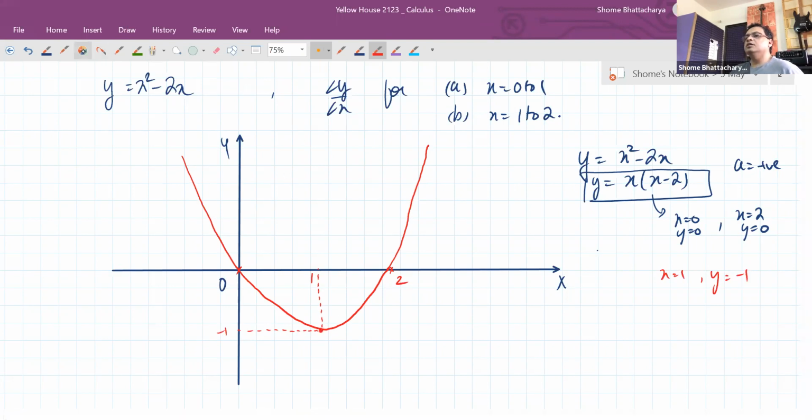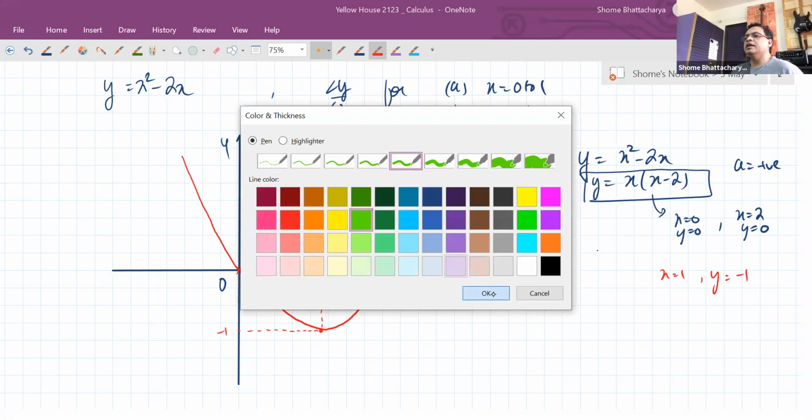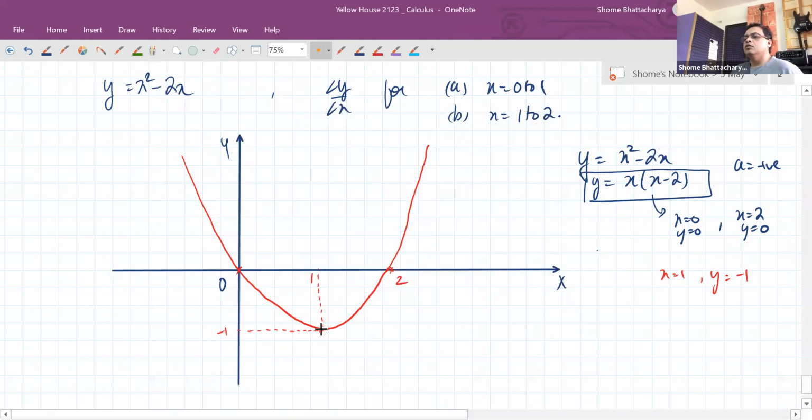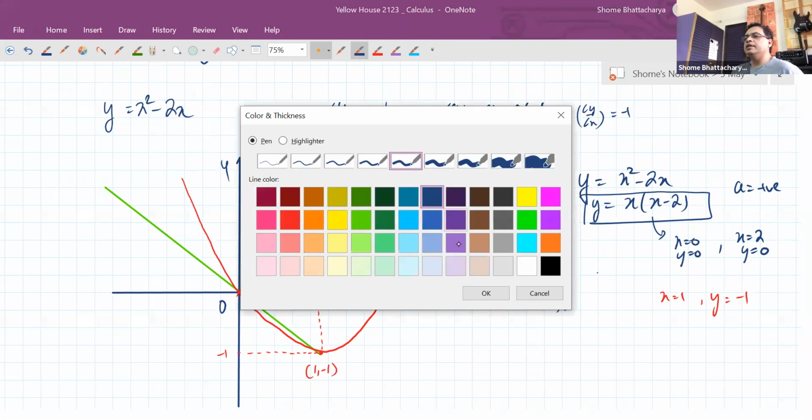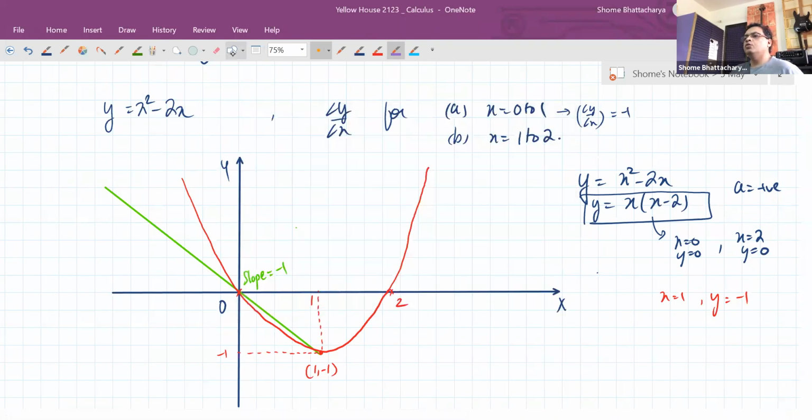Okay. So now naturally, if I draw the tangent line, the secant line from this point to this point, this will have a slope of minus 1. You can see now it's going from 0, 0 to 1, minus 1. So can see that for this interval, the average rate of change is without a doubt -1, which I had got by formula also. Whereas if you look at the second interval that I had taken, which was 1 to 2,